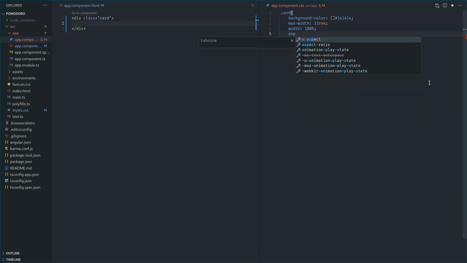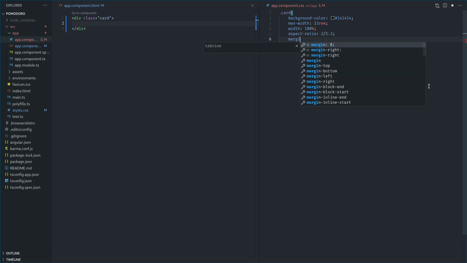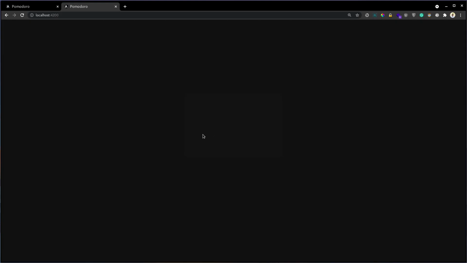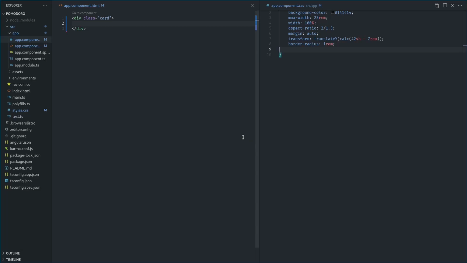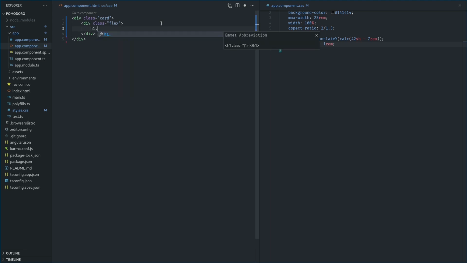Add the aspect ratio of 1.3 and margin of auto. And now let's create the content inside this card. Go to your IDE. I'm in the text editor, and in here add some sections. Add a div with the class flex, and in it add an h1 with the class of title,